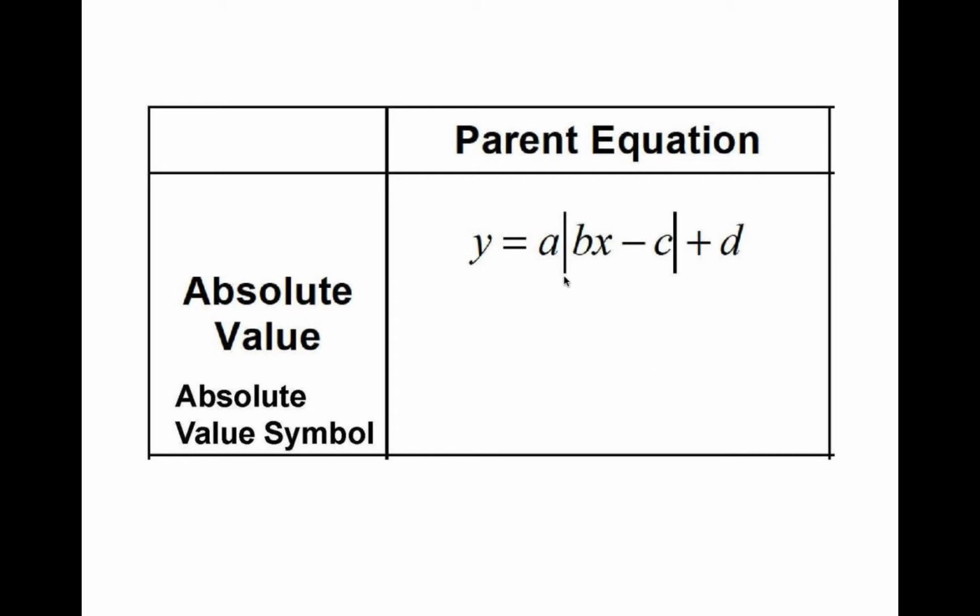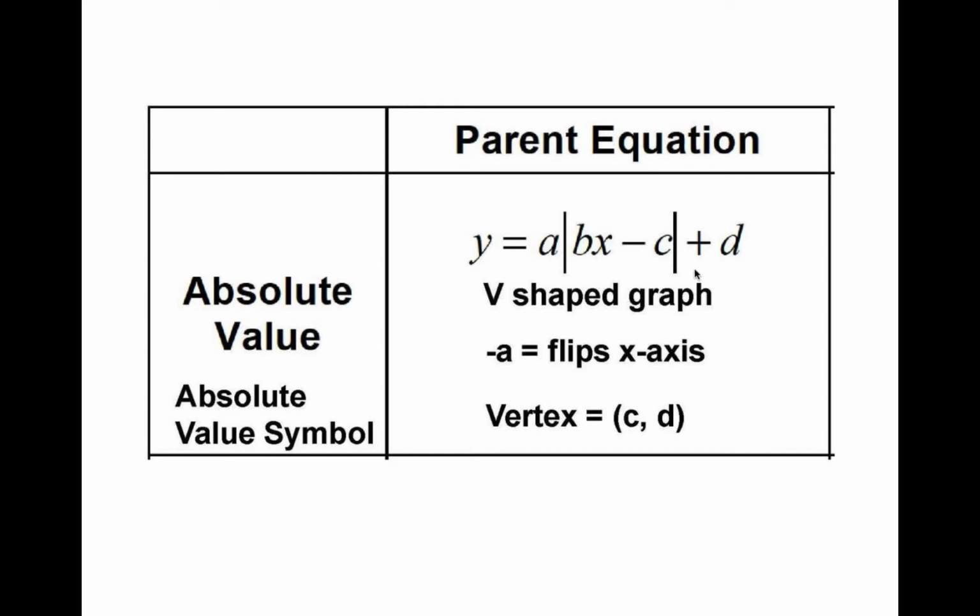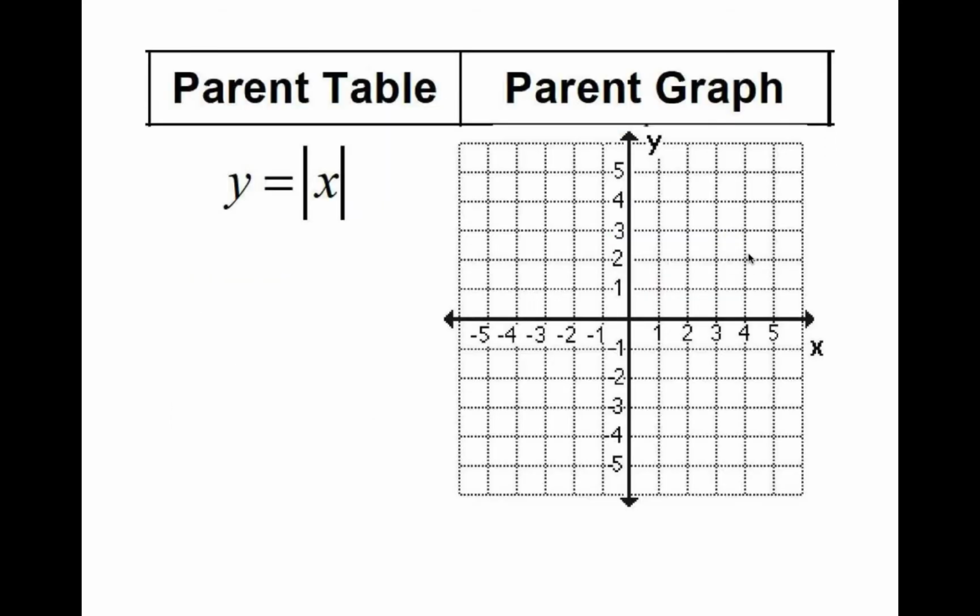So when you see this symbol here, you're going to know it's going to make a V-shaped graph. And if this number in front is a negative, it's going to make it flip over the x-axis. And then the vertex is at C, comma D. Opposite, same. So if you were to make a table of our parent graph and pick the numbers -2 to